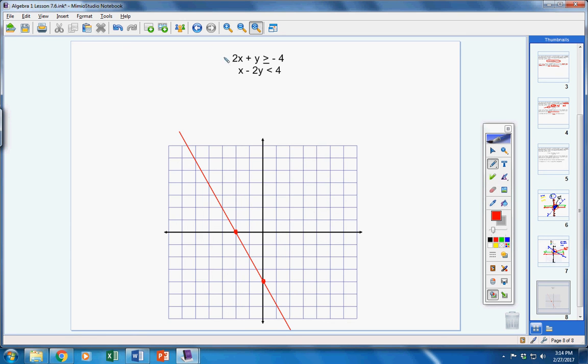Shade, we have to test our favorite point, 0, 0. As long as 0, 0 does not fall on this line, and it doesn't, so we're good. So where the x is, I'm going to put a 0. Where the y is, I'm going to put a 0. 2 times 0 is 0, 0 plus 0 is 0, 0 is larger than negative 4. That's true. 0 is larger than negative 4, so we're